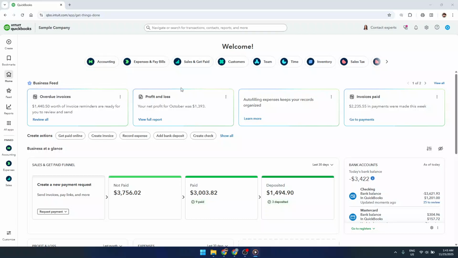In today's video, I'm going to teach you how to change Accountant View in QuickBooks Online. This is a quick but really useful setting that can make your QuickBooks experience a lot easier, especially if you move between managing your own books and working like an accountant or bookkeeper. We'll walk through exactly where to click, what each option means, and how you can switch back and forth anytime